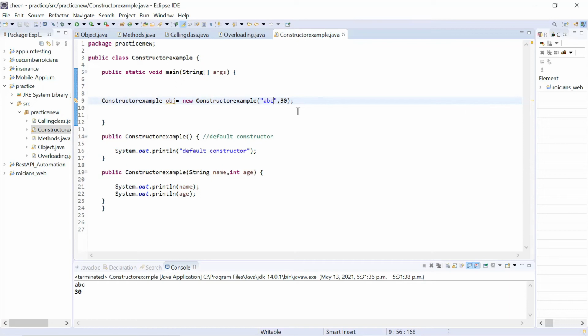Now you might be thinking why we are doing this, because if we want to provide value to any of the methods, we can create a method also in this case. First of all, we cannot compare a method with a constructor, because a method is something which returns you a value at the time of execution, whereas a constructor won't return you any value. Why are we creating it? Let's understand this with the help of an example.